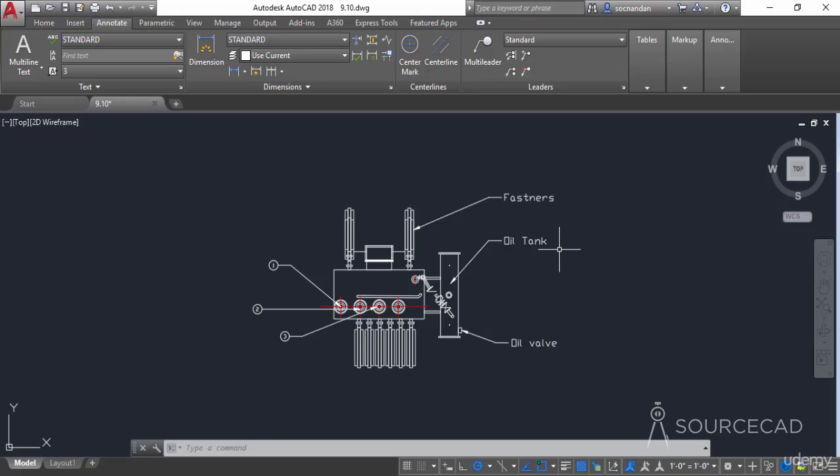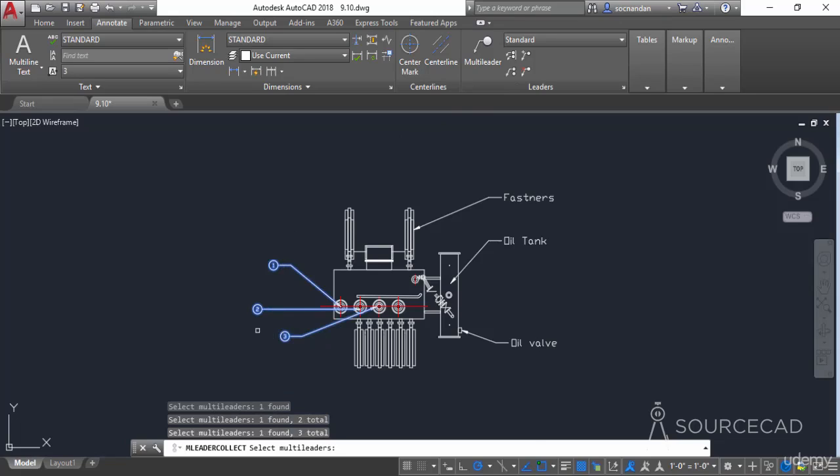Now there is an option of collecting the multi-leaders. So using this collect option, you can collect multiple multi-leaders and you can convert them into a single multi-leader. But for that, you need to have this kind of multi-leader on which the trailing end has a block. We'll learn more about blocks later on, but we have added these multi-leaders using the tool palette, and this tool will only work on the multi-leaders which were added using tool palettes. So for using that tool, I'll select all of these multi-leaders